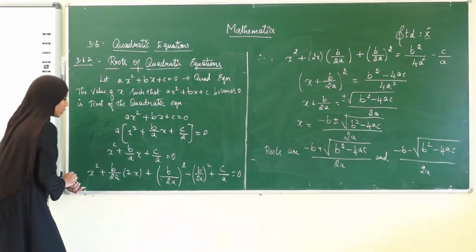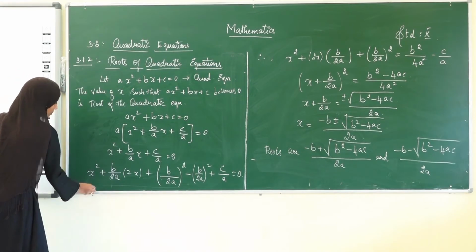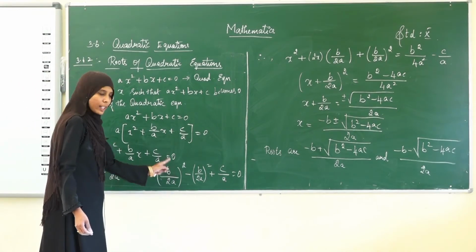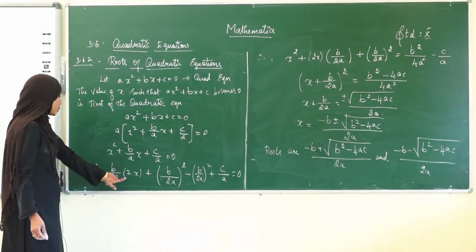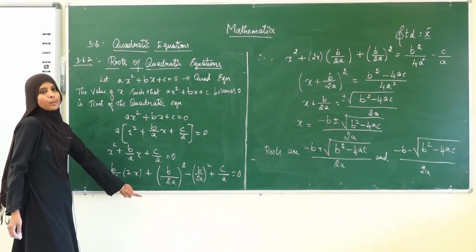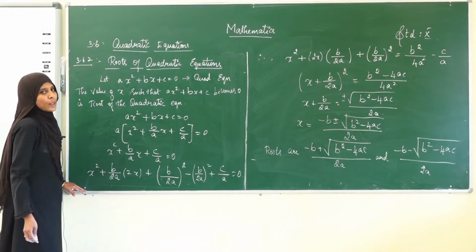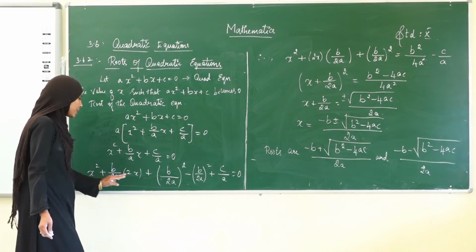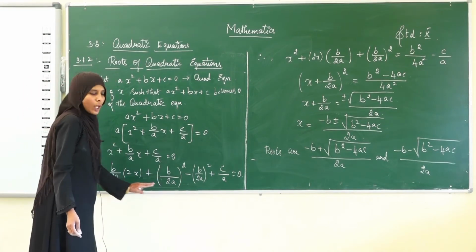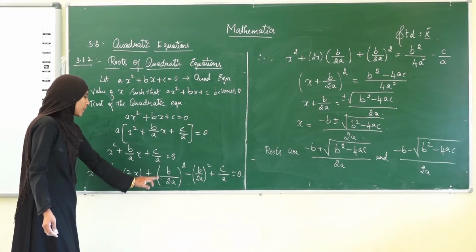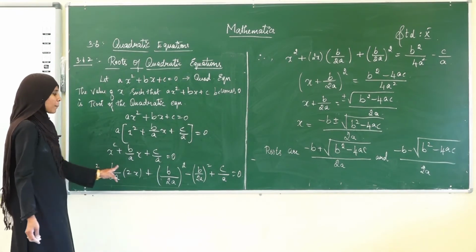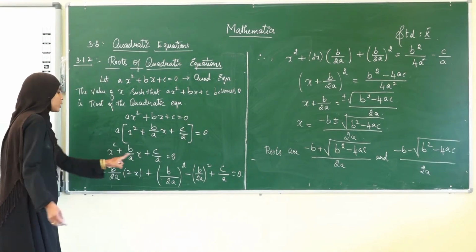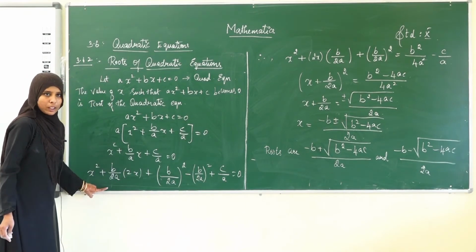Okay, now consider these three terms alone. See here, here it is x square, and here it is some value square, plus here it is 2 into this term into this term. So this is in the format of a plus b the whole square, where a is x and b is b divided by 2a. So x plus b divided by 2a the whole square is x square plus b divided by 2a the whole square plus 2 into x into b divided by 2a. This is how we are getting it.